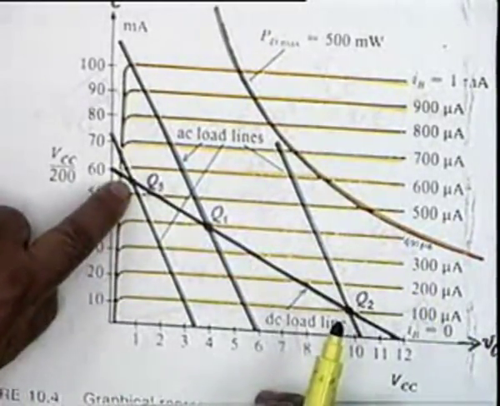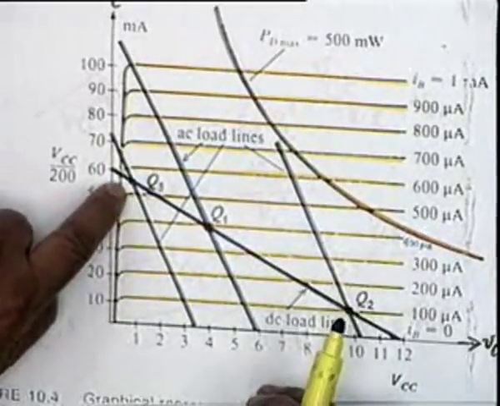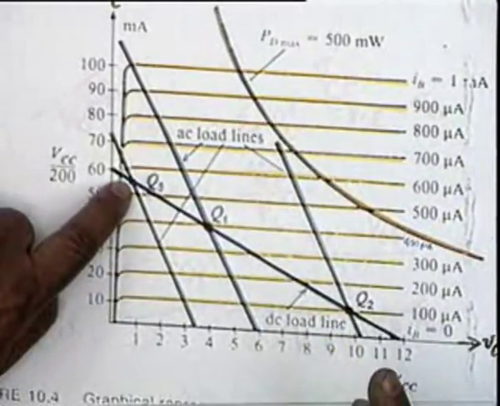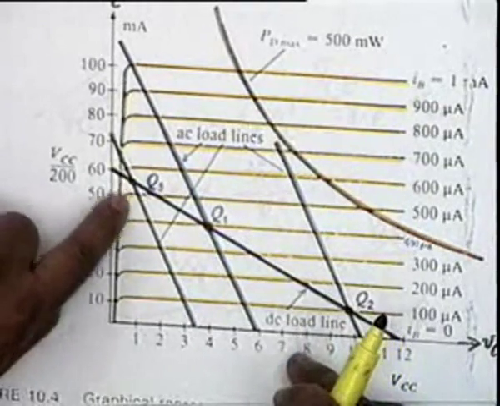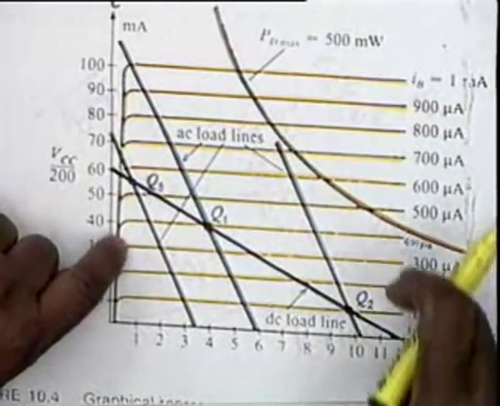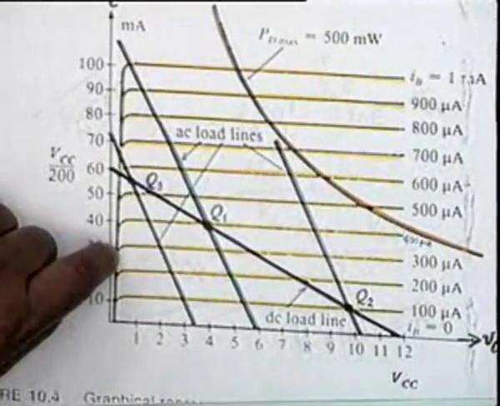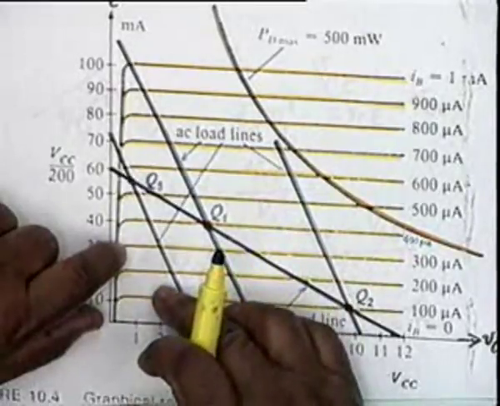Similarly, Q3 is also a bad operating point, because if you go slightly to the left you get the saturation line, alright, and therefore the signal range would be very limited. And as I said, the operating point should be somewhere in the middle of that peculiar shaped closed diagram, and Q1 in this case is a good operating point.